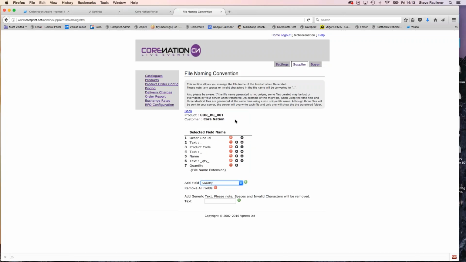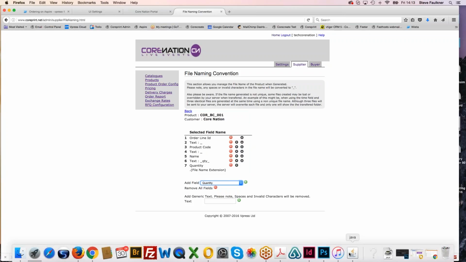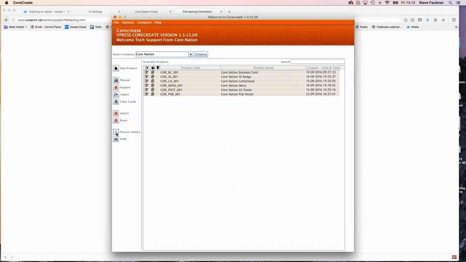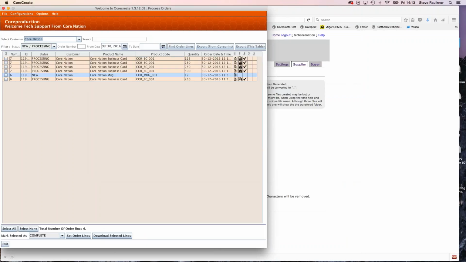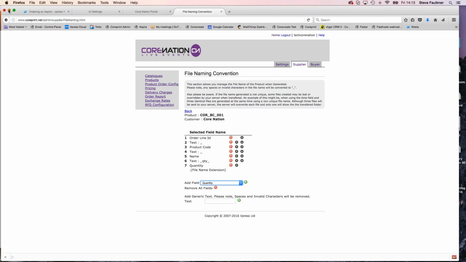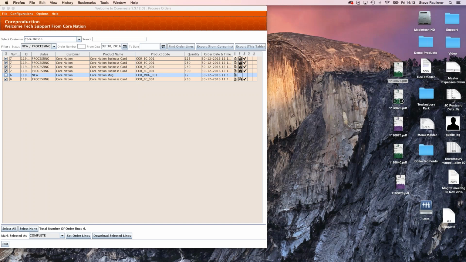Once that structure's in place, we can come back to Core Production. And if I select the same lines that I have previously downloaded, where we just had the order line ID as the PDF name, if I now download the same files,